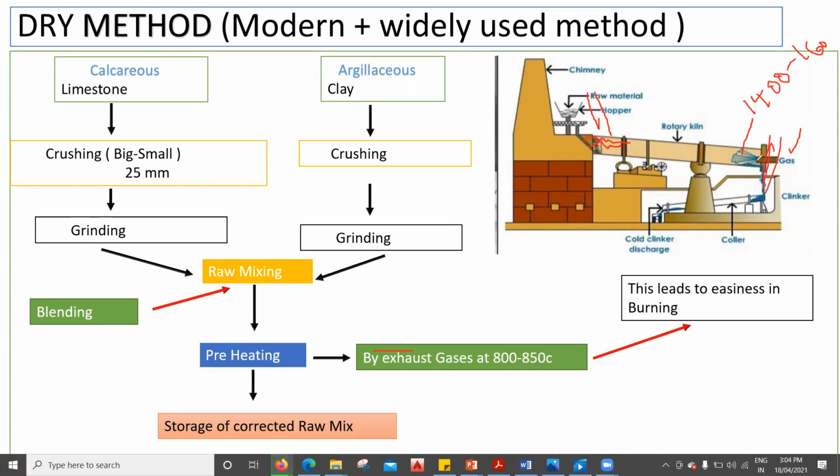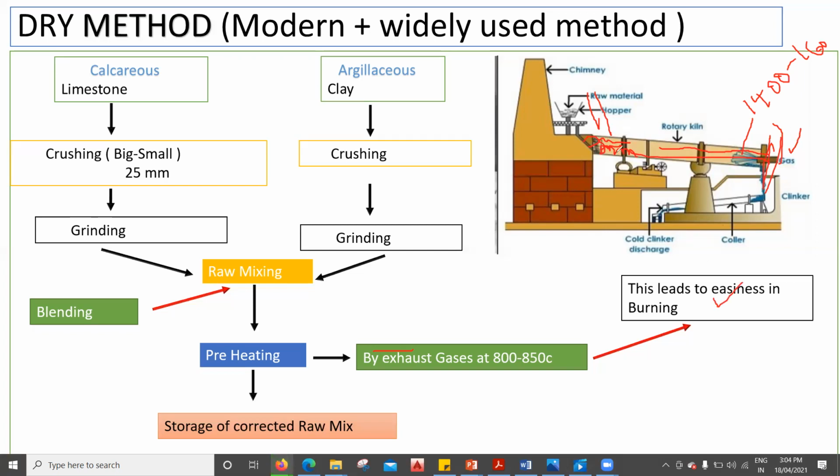We tell these exhaust gases: if you want to go out, you can go, but do one help for me. When you go out, go through this particular rotary kiln, so that whatever raw materials are coming from here will be preheated.